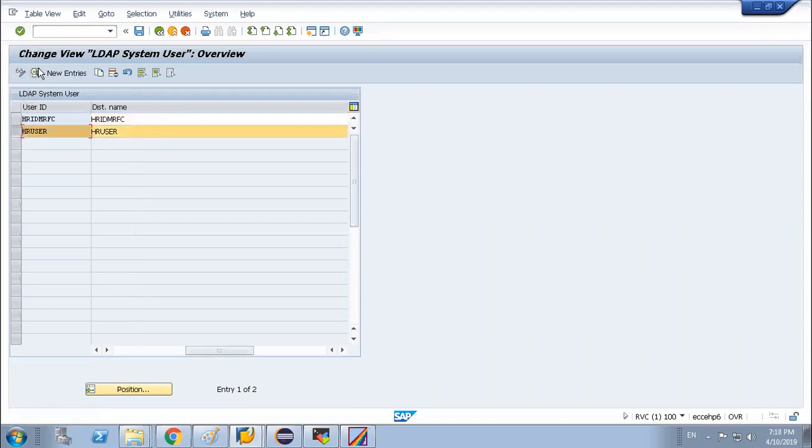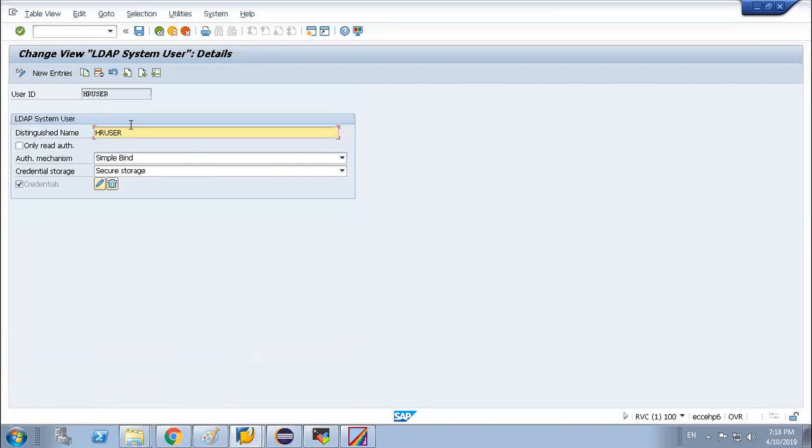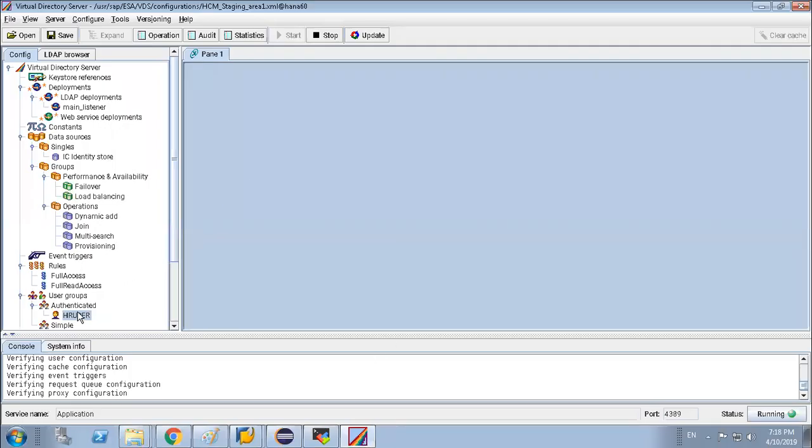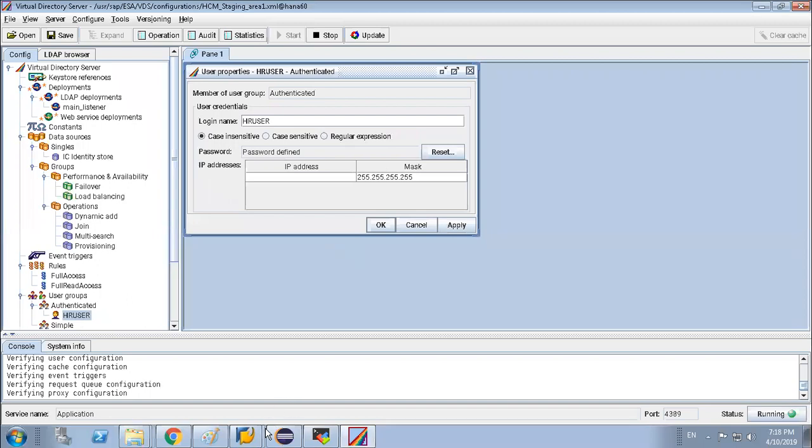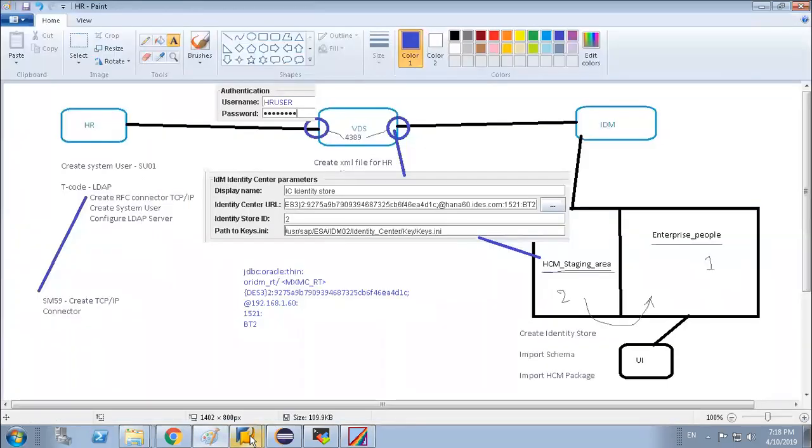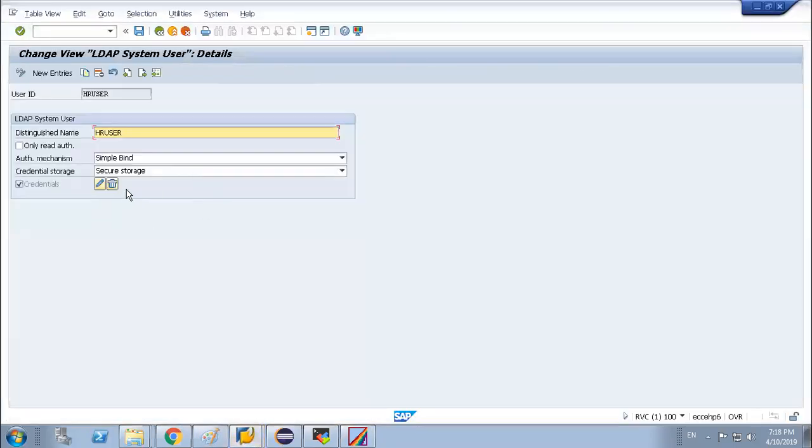This is the newly created HR user we have given, and the corresponding password. Whatever password we have maintained over here, the same password we will maintain in this area.